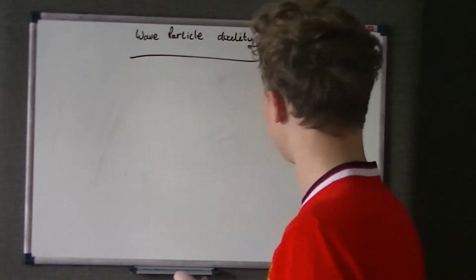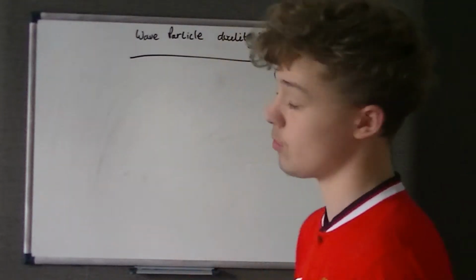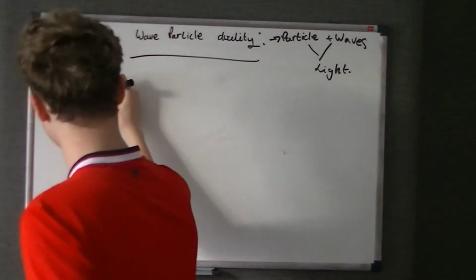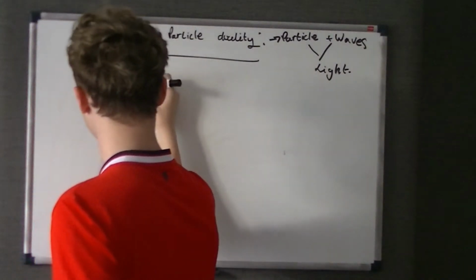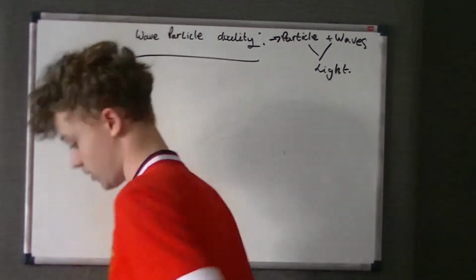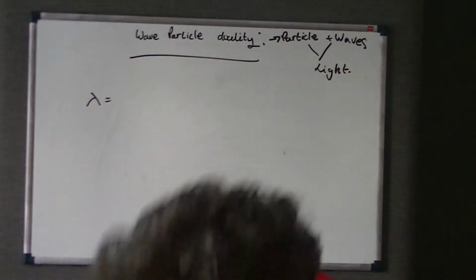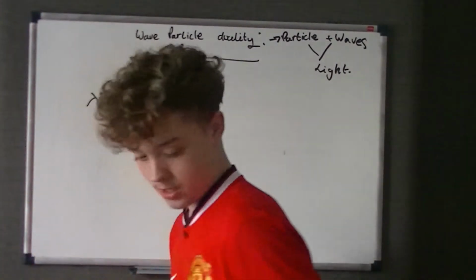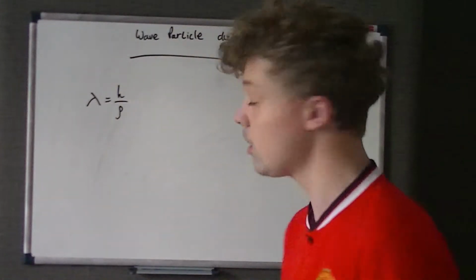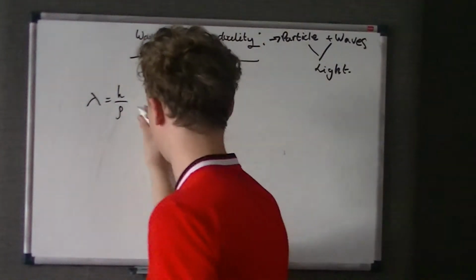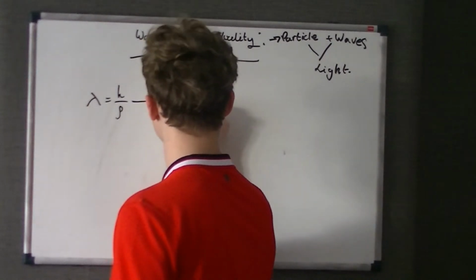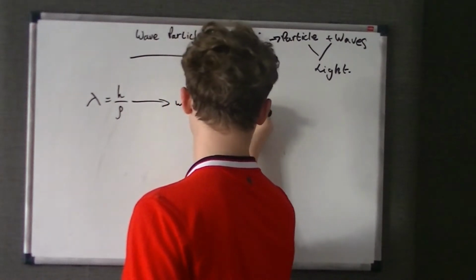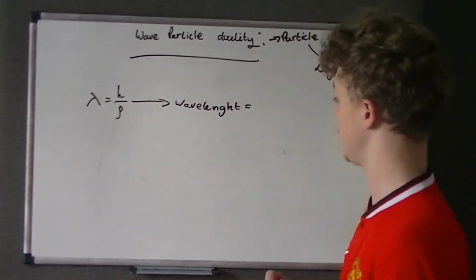And now, because light acts like a particle and acts like a wave, we can derive this formula: lambda equals h over p. You may be asking, well, we know lambda, because that's wavelength. What I'm going to do is rewrite this equation out for you in English. Wavelength equals, and you ask, what's h? Well, h is Planck's constant,